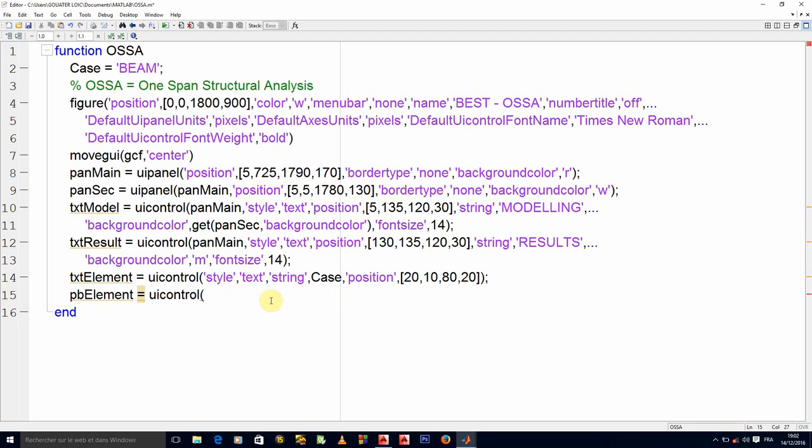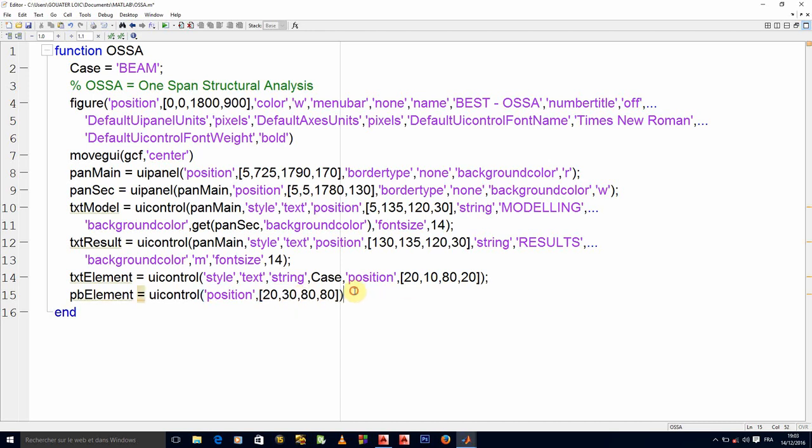So here I'll just need to measure the position, which will be again 20 following the X, but following the Y, it's directly on top of the text. So it has to be 10 plus 20, which will give me 30, and it is an 80 by 80 push button, right?